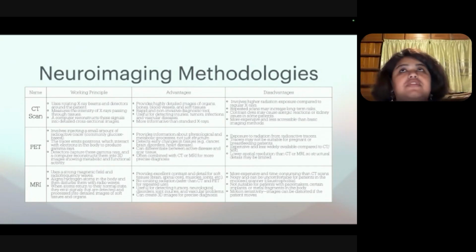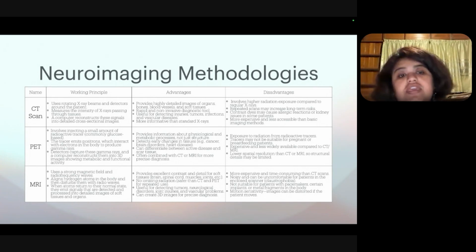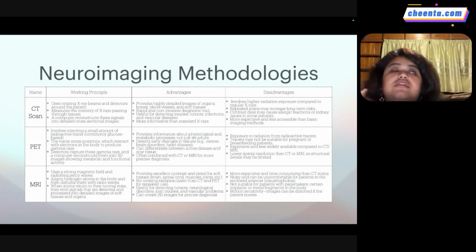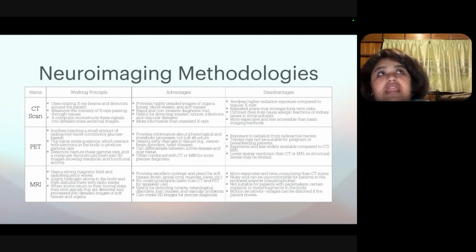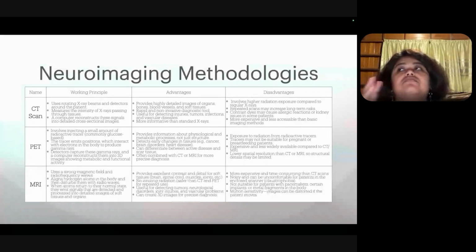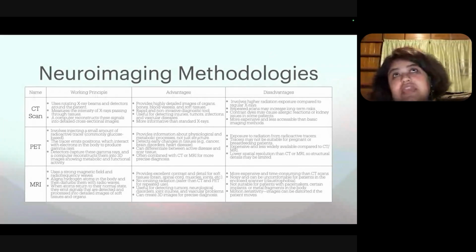I'll give you an example. So let's talk about the patient who came to the doctor with memory problem. They did not have any structural problem in their hippocampus. So what was the problem? In this case, the doctor injects the patient with a radioactive tracer. This radioactive tracer then lights up the regions in the brain which have abnormal deposition of certain proteins. In this case, it will show an abnormal deposition of amyloid beta protein.